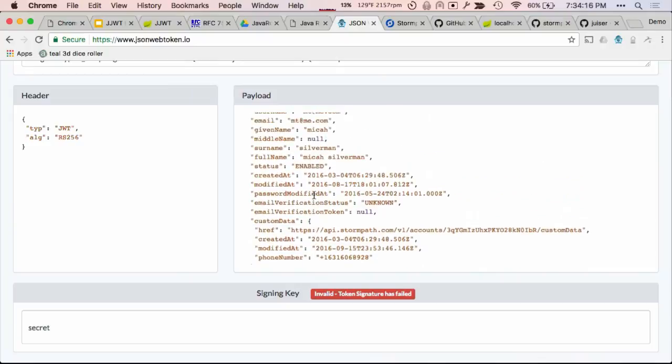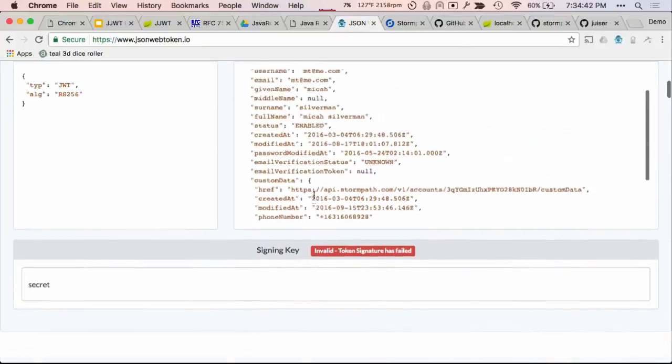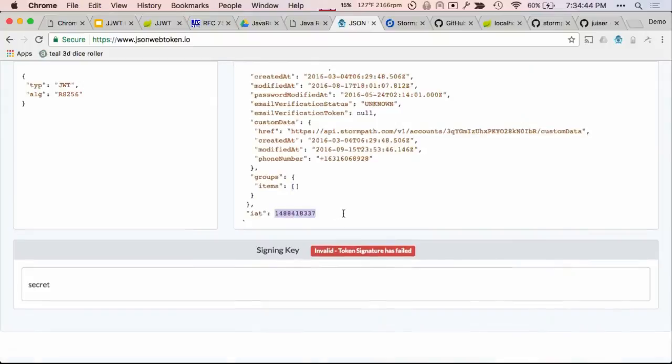Okay, so now let's just take a step back and talk about JOTs a little bit. One of the things that makes this work and makes it easily valuable is that these JOTs are all signed. In this case, it's signed with a private key, and then we're using the public key to verify it. Because it's signed, you have a high degree of confidence that it hasn't been tampered with. So one of the important things, just as a for instance, we have an issued at, that's what IAT stands for. We could also have an EXP.